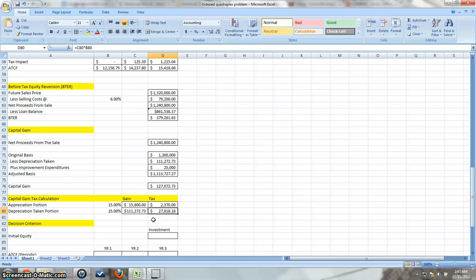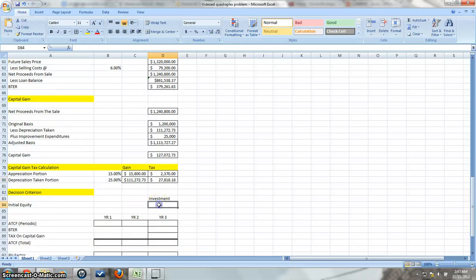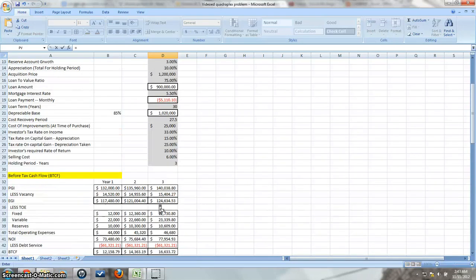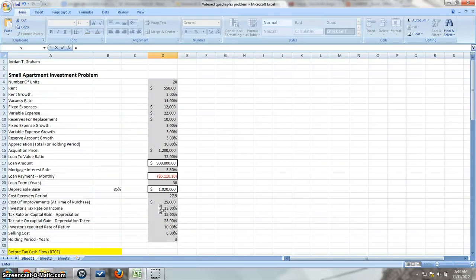Now, with that done, you are set to get your initial investment that you put in, which is in fact easy enough. That would be your loan to value, your acquisition price